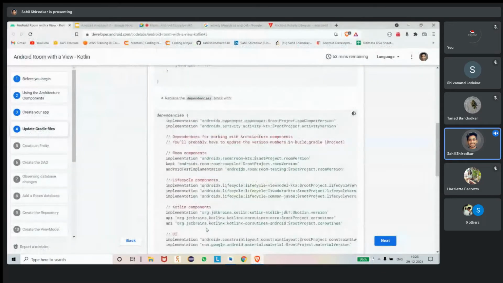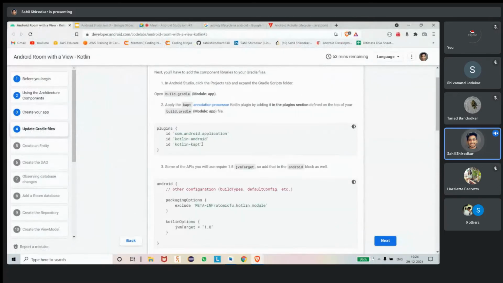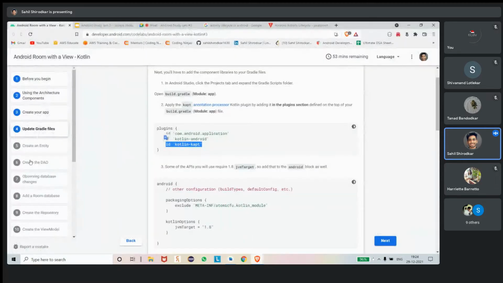Just copy paste this same code there. And once you copy paste, you also have to add the Kotlin kapt plugin inside the plugins. You can go at the top and add the Kotlin kapt plugin here. Once you are done with that, we can go forward.